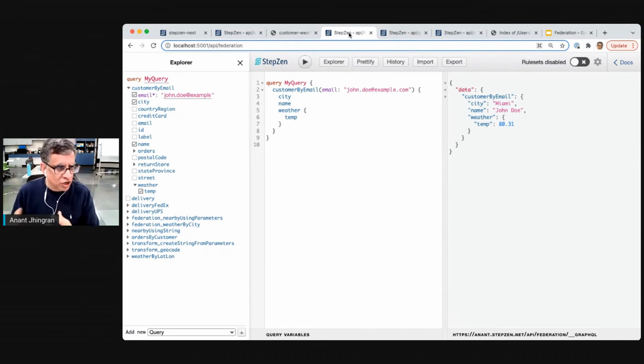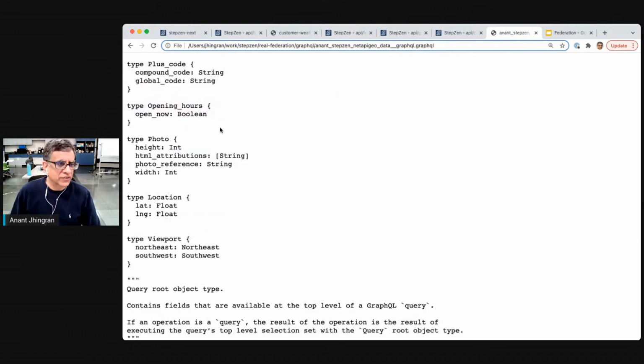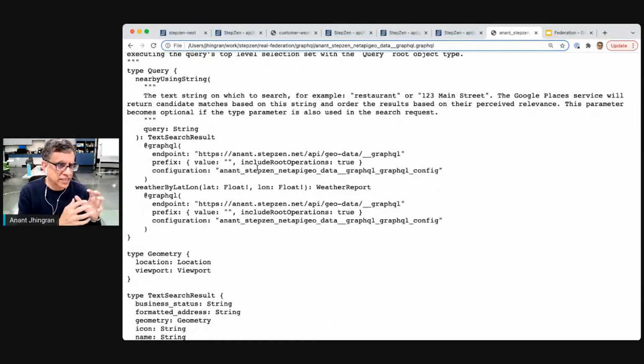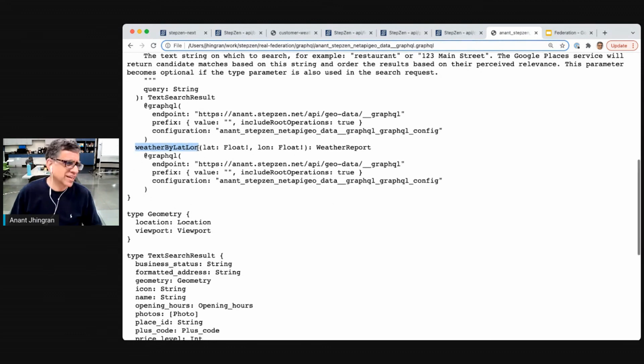Okay, so what's the difference in the code between when you have one central graph and when you have a graph of graphs? There's almost no difference except for one small piece of code that is automatically done for you, which is that we go and introspect the two backends and we create proxies associated with those two backends. So in this case, we have gone and looked at the geo backend that I just showed you that has a GraphQL interface, and we introspected it, and we created a proxy called weather by lat long. You can give it a different name called proxy underscore weather by lat long. It's entirely up to you. And all it does is it issues a GraphQL call against that endpoint that contains that subgraph.